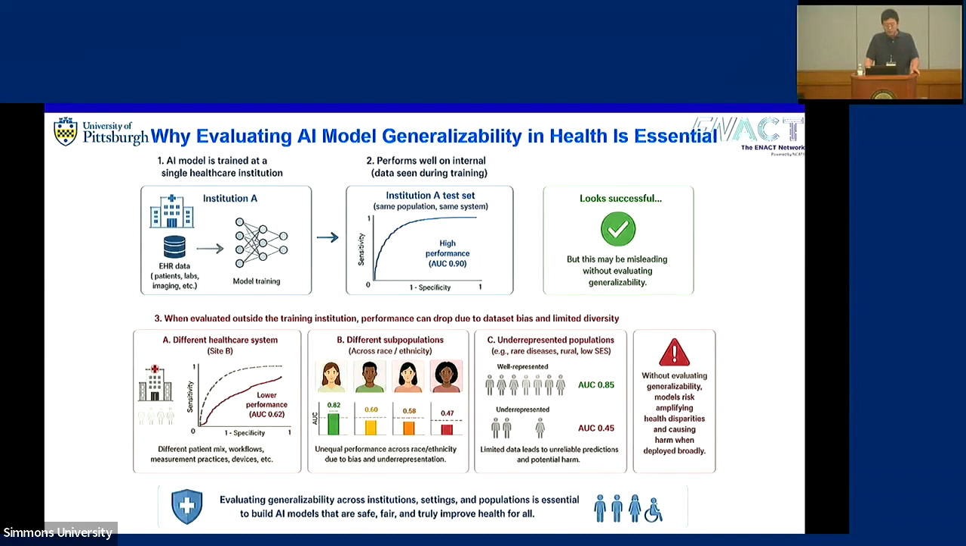And also we have different subpopulations in different institutions. Your model probably performs well in an institution where most of the population is Caucasian, but in another institution where you have a diverse population across different age groups, ethnicity groups, or even underrepresented groups, you don't know how your model performs. So to solve that problem, we try to use the ENACT enclave because ENACT has access to